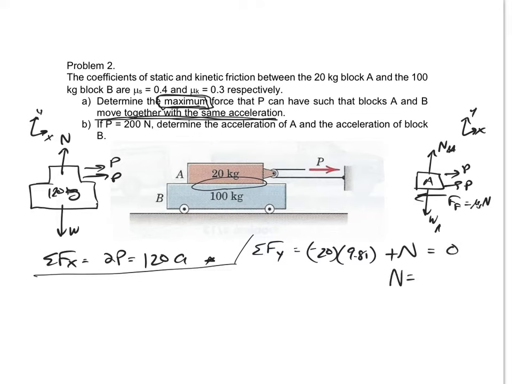So n would be 196.2 newtons. All right, and then summing the forces in x would be, I have 2P, and then I've got minus mu s times n, 196.2, and that equals mass,